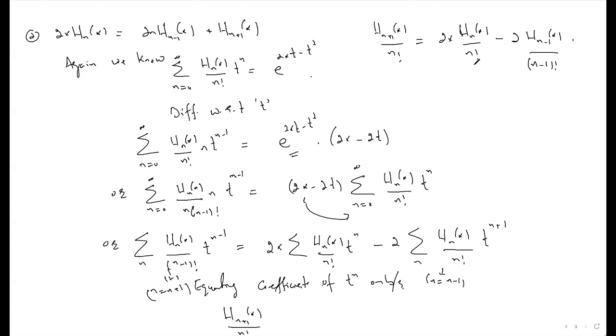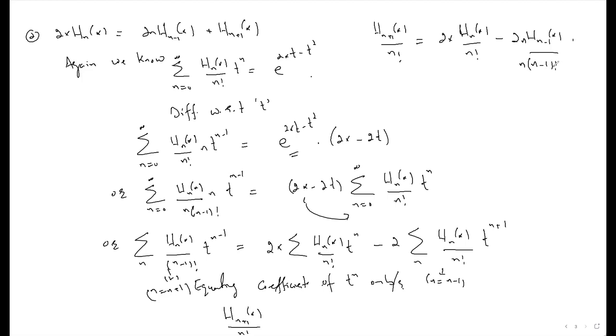Okay, see, so we have obtained almost this, but what I will do, in the third term, I will just multiply numerator and denominator by n. So this will become n into n minus 1 factorial, which is n factorial.